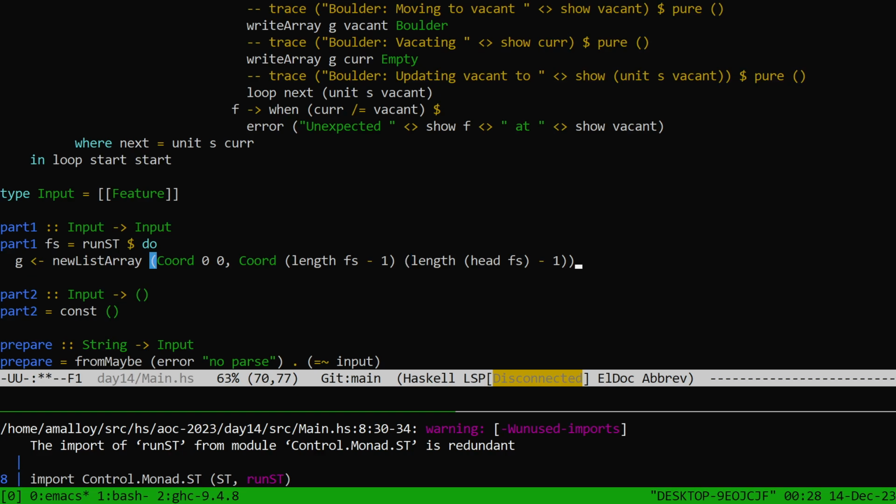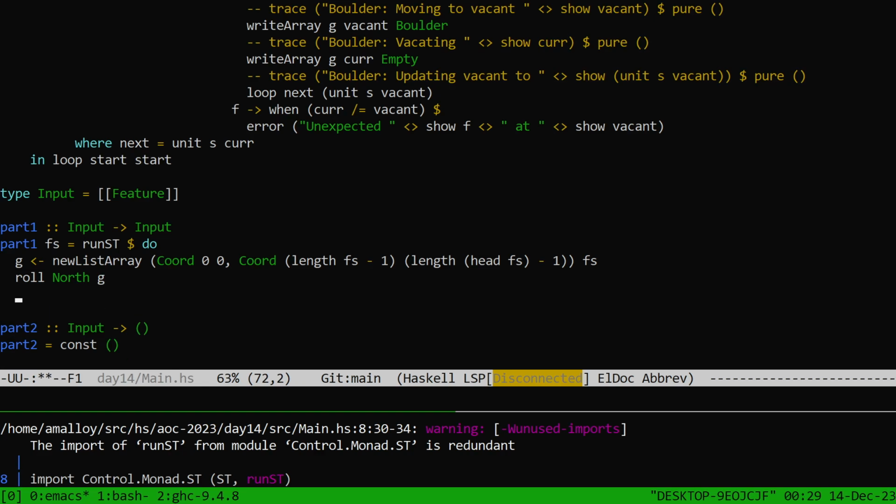I kind of hate it, but that's our new list array. I think just f's, right? Because new list array just takes a pair of indices and a list. Okay, so that's good. Let's roll G to the north. And then